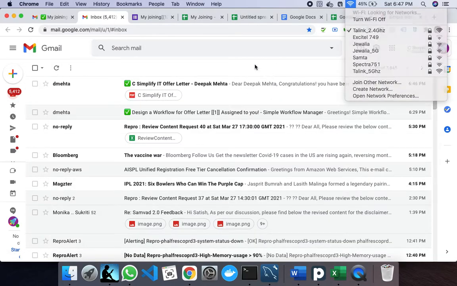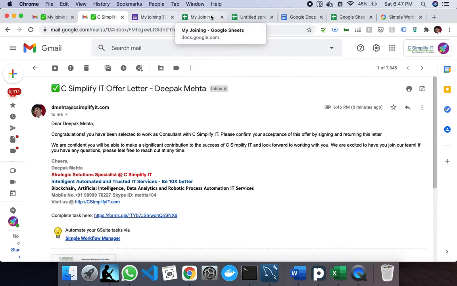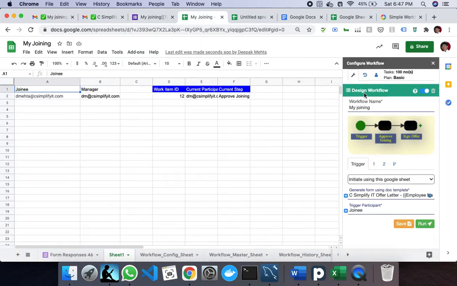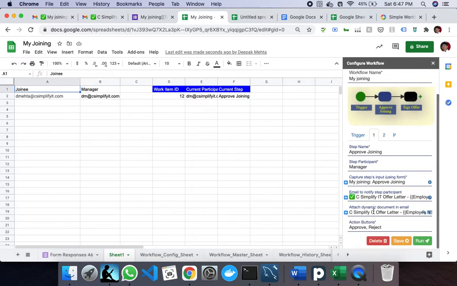Okay, so the manager has received the letter. Based on the template which I have set up here for the manager, this is the email template which should go to the manager, and this is the document which has to go to the manager based on the information filled at the trigger step.